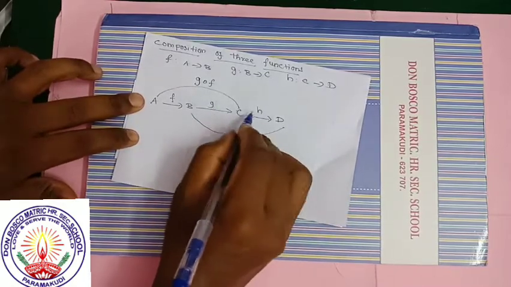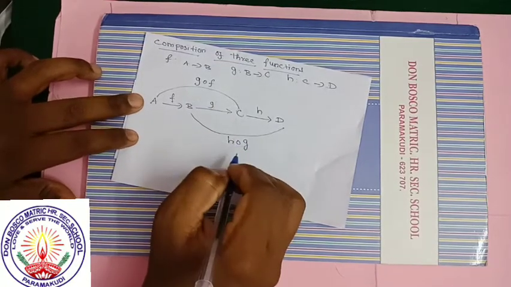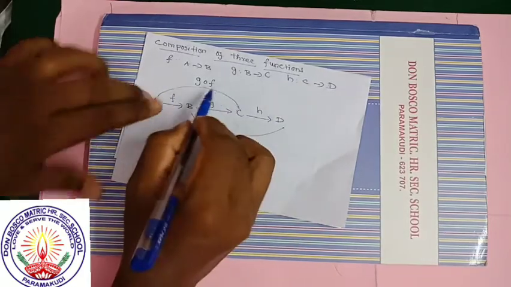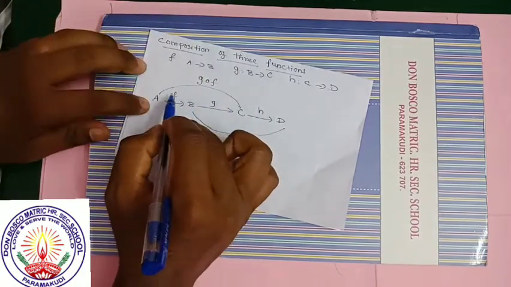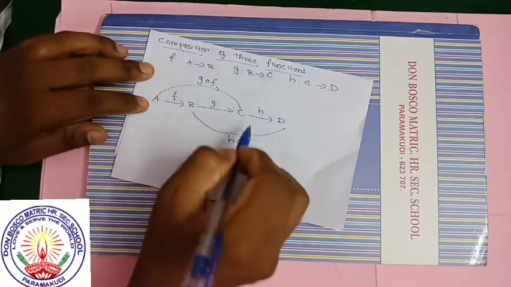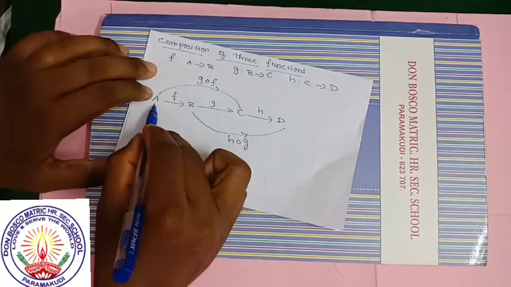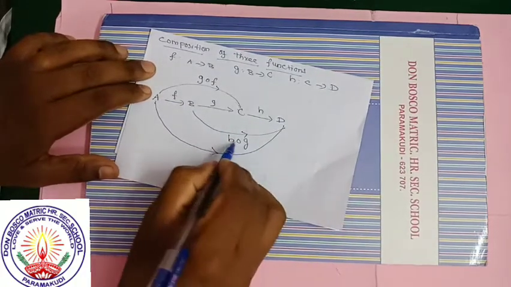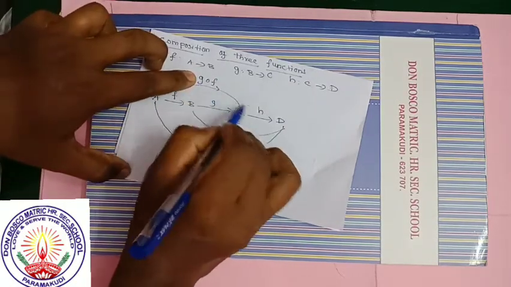there are two functions h and g. This is a composition of h composition g. Now look, this is one function, and now we have another function. If you consider this as one function and this as another function, we can write the composition of A and D. If you connect these two, this is from A to C, this is from B to D. If you connect A and D through f and h, it is the composition g, or g composition f and h.